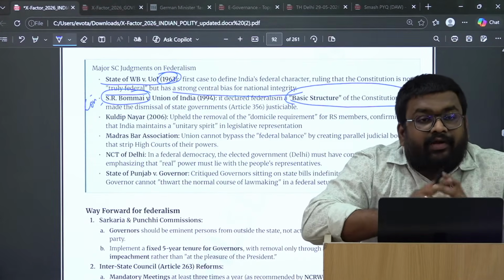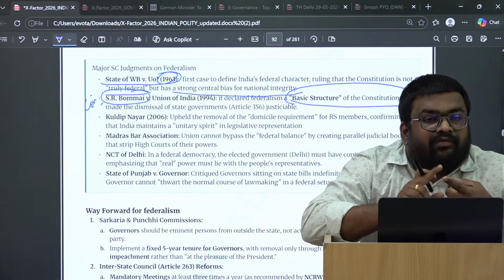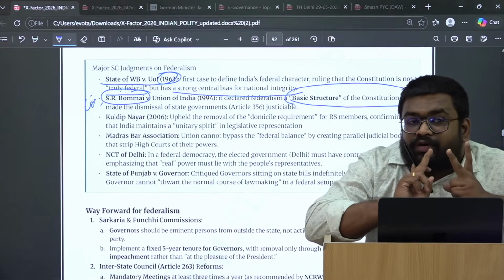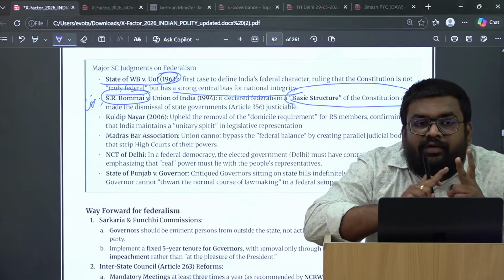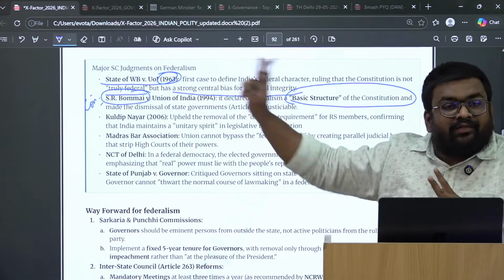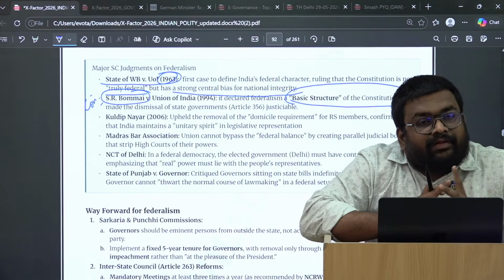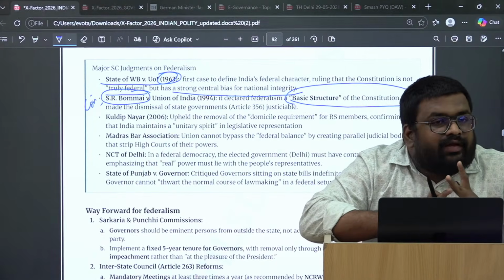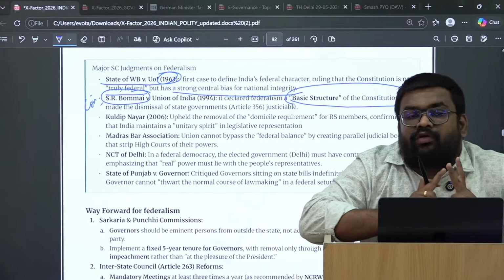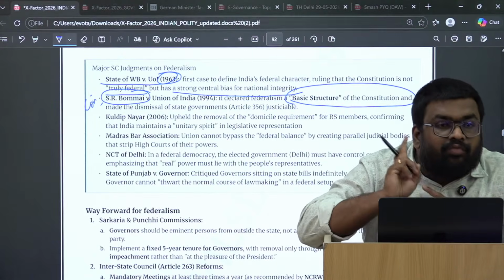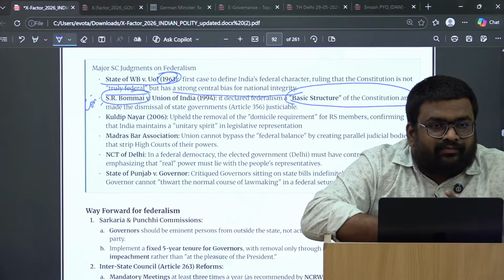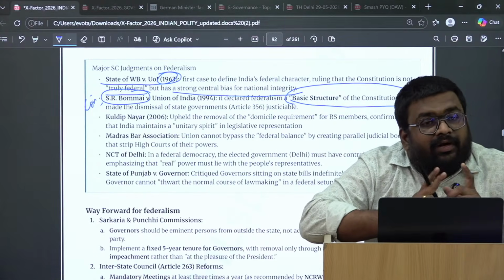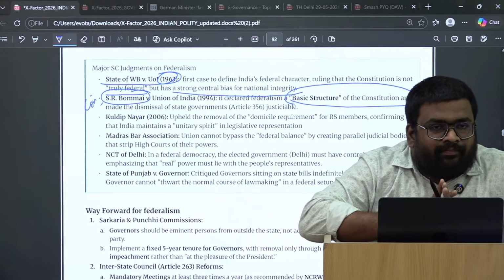So my point is your answer needs to have articles, your answer needs to have data, your answer needs to have a graph, your answer needs to have a scholar and your answer needs to have an SC judgment. अब इतना if you are putting into your single answer, ठीक है, there will be no scope to reduce your marks, rather you will get more marks than others. Getting average marks is very easy. Even if you write generic but relevant content, you will get average marks.